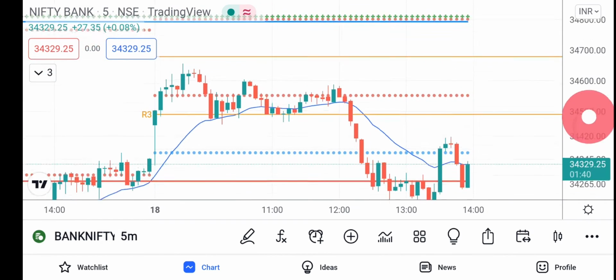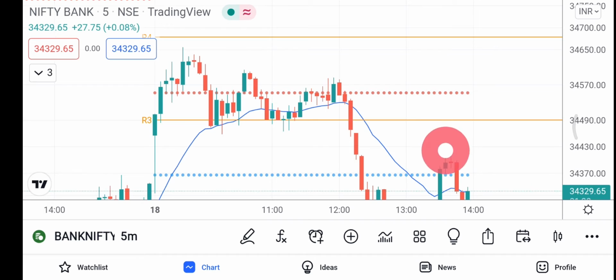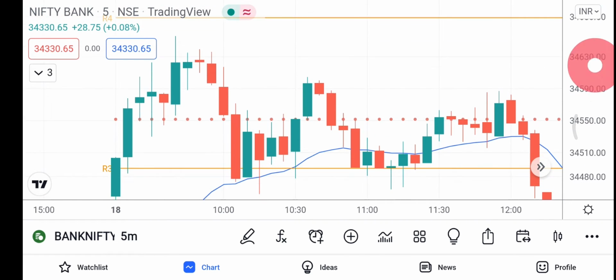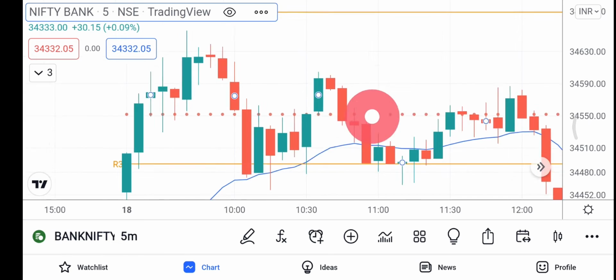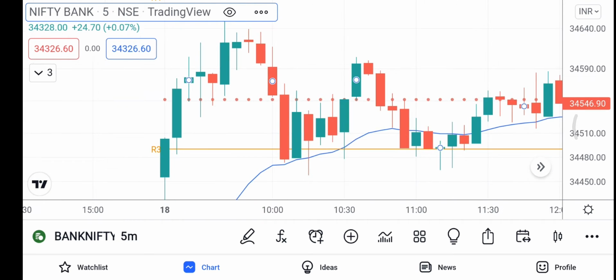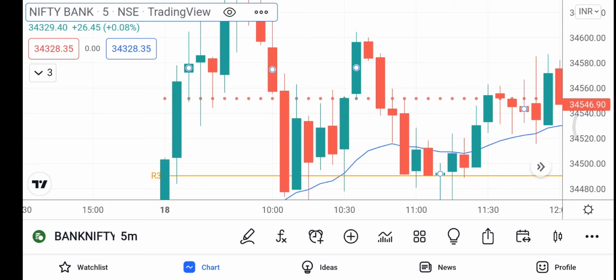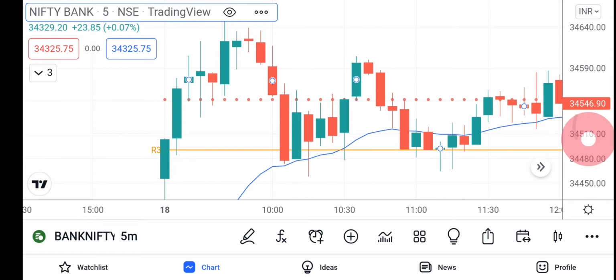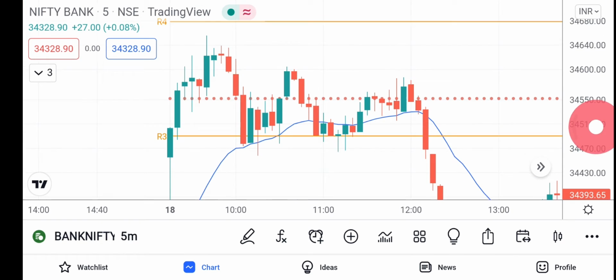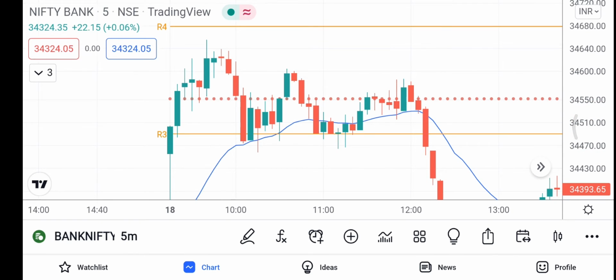So when the candle started facing resistance in Nifty, I went short in Bank Nifty, and when the candle started taking support near this Camarilla pivot of R3, it hit my stop loss. The candle reversed and I kept my stop loss here. It hit my stop loss, made a loss of rupees 400, and instead of taking any random trade, I waited